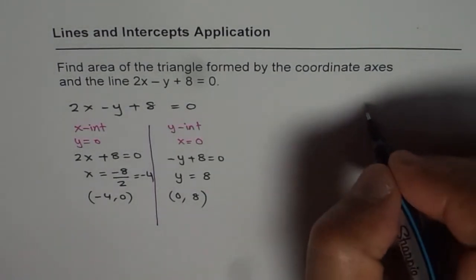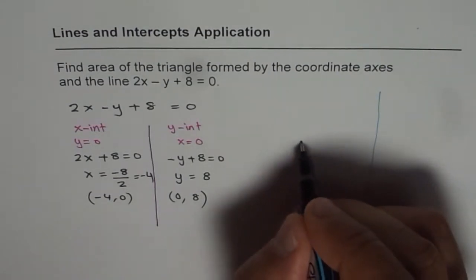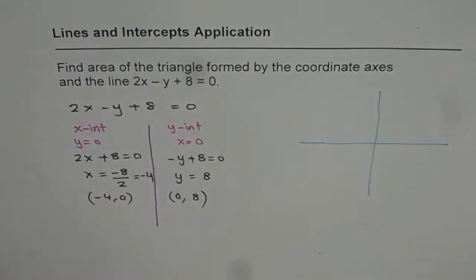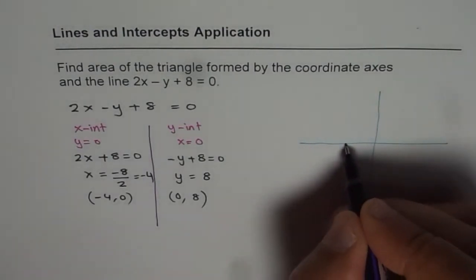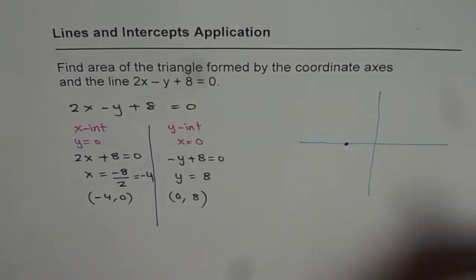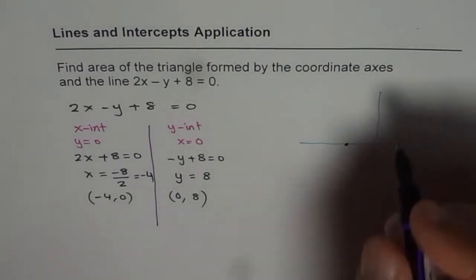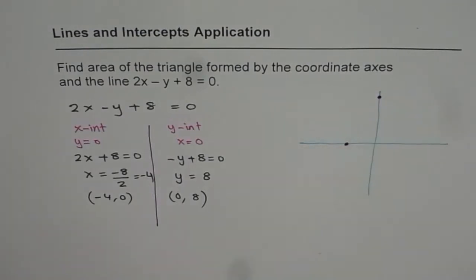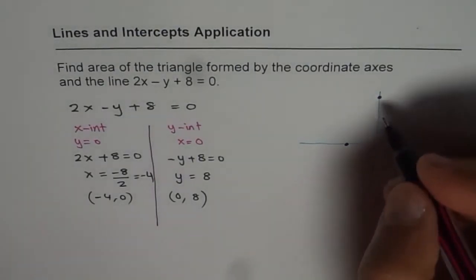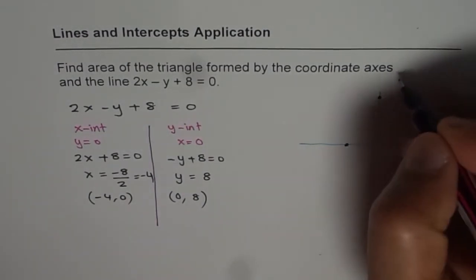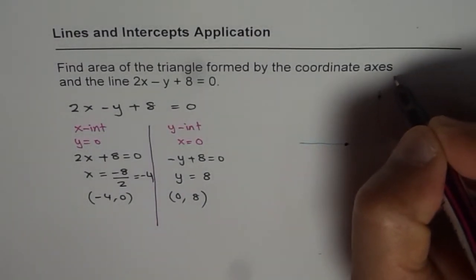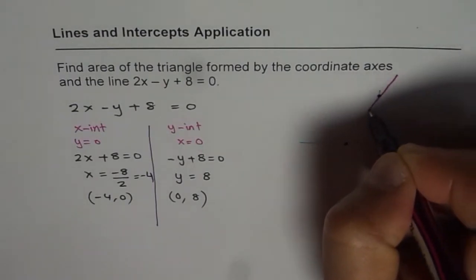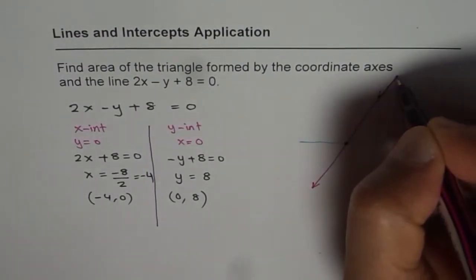Now it's a good idea to sketch it so that we can visualize and do a better job. The x-intercept is minus 4, 0. That means kind of here, right? And the y-intercept is 0, 8. So let's say approximately here. Joining these 2 points, we can take a scale and draw a straight line, but let me just sketch it for you with approximately a straight line going through these points, right? So that is my line, which kind of represents